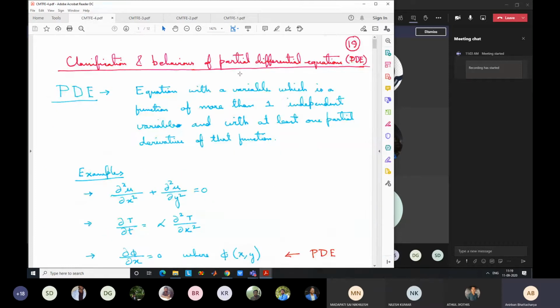Okay. So PDEs, we already know what partial differential equations are. You must have studied them in your BTech course. Students taking the mathematical methods for mechanical engineering course in MTech are studying them in more depth. There are courses where you can study partial differential equations in much more depth, where the entire course may be on partial differential equations. So our objective is not to study partial differential equations in a mathematical way or in significant depth.